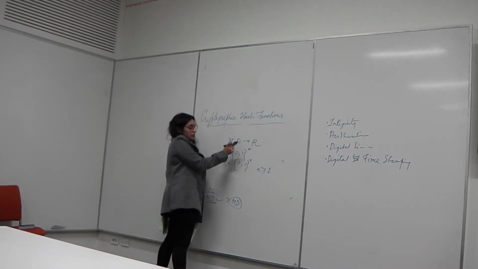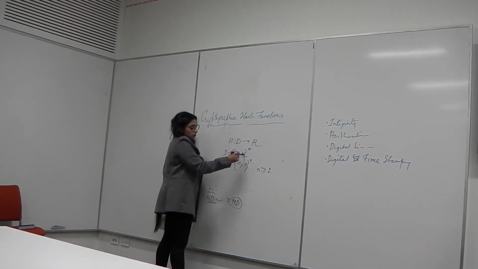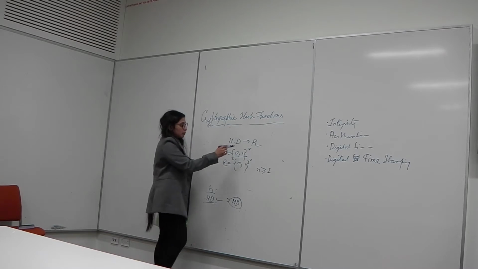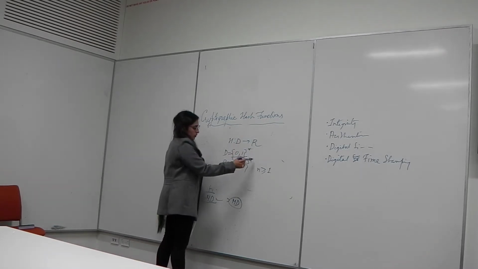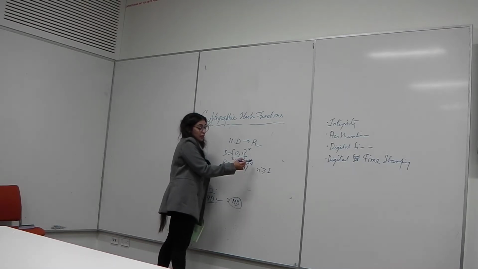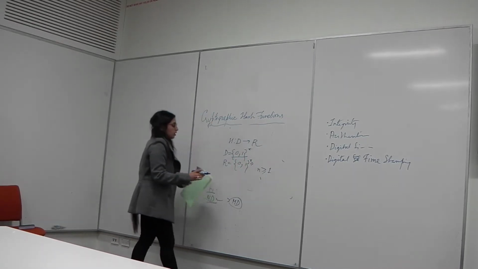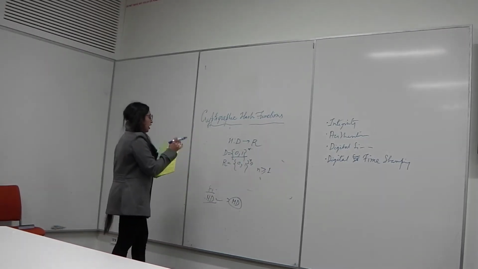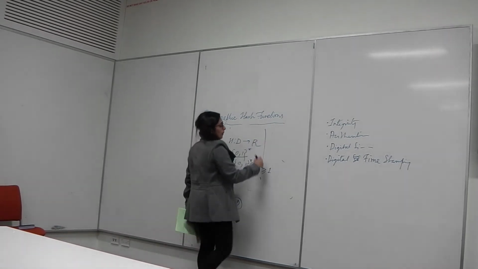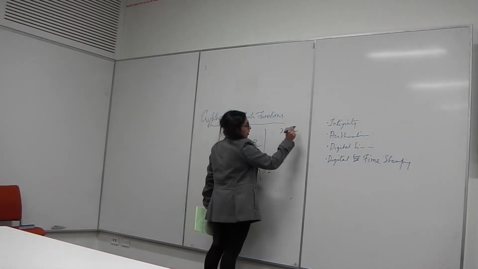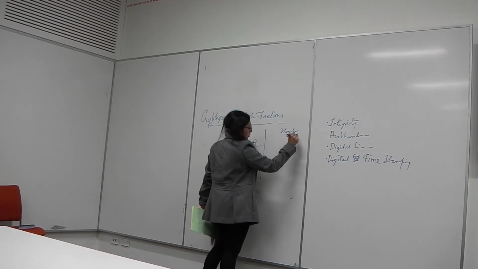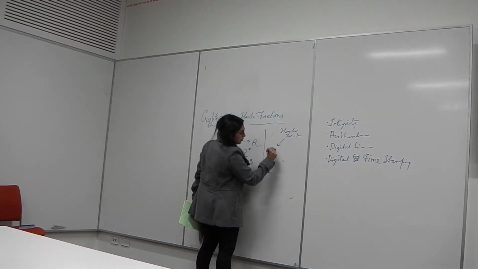It takes a message of no specific size, and then it maps to this digest, which is of size n, and n can be greater than or equal to 1. So this is the definition of hash functions, and then hash functions can be of two types: keyed hash functions